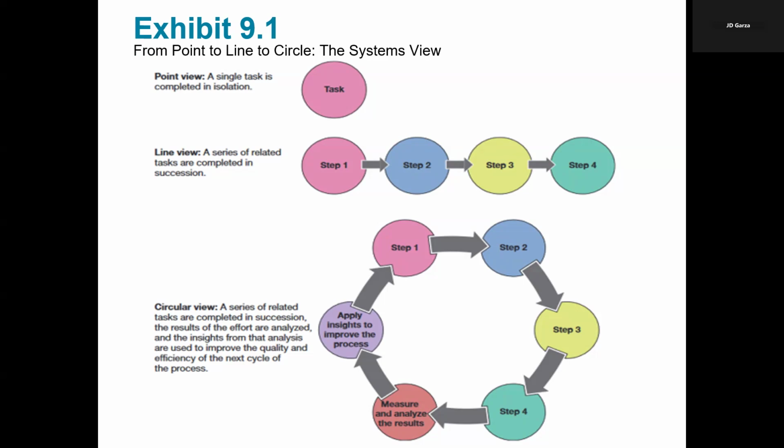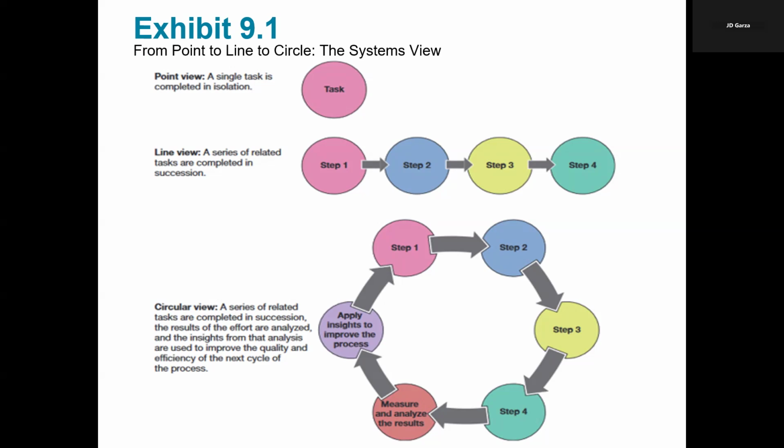Now, this visual shift, as an example, from a point to a line and finally to a circle, pretty much represents the growing complexity and the maturity of those modern management techniques. And it also aligns itself with how those companies adapt to the changing demands, and how they also optimize the performance, and even integrate that learning.